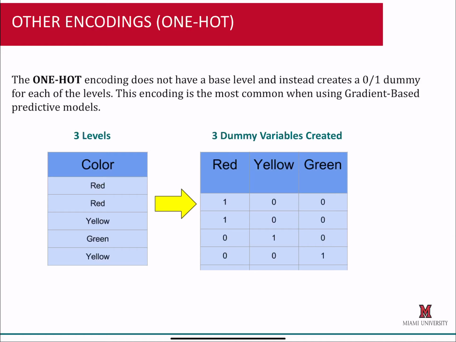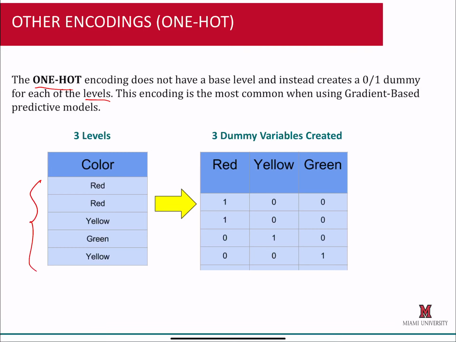A very common encoding in machine learning is one-hot encoding. So one-hot encoding also uses dummy variables, but it creates one dummy variable for each level. It doesn't leave out a base. So for instance, if we have the variable color, which has three levels, red, yellow, and green, then the approach with one-hot encoding is that we create one dummy variable for each of the levels. So in this